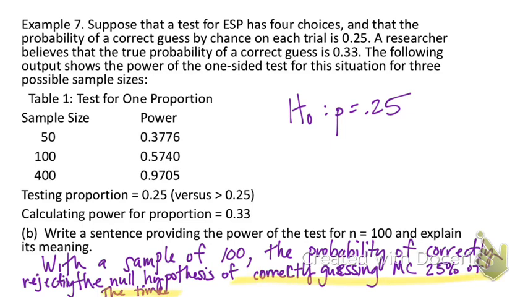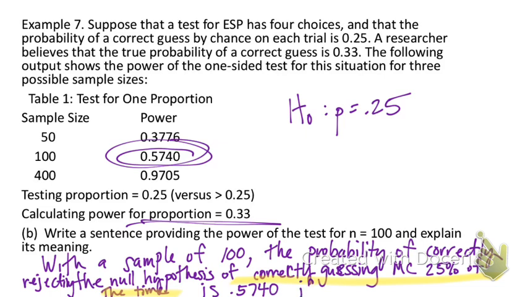That's what the null hypothesis is saying. What is power? 0.5740. So the probability of correctly rejecting the null hypothesis is 0.5740